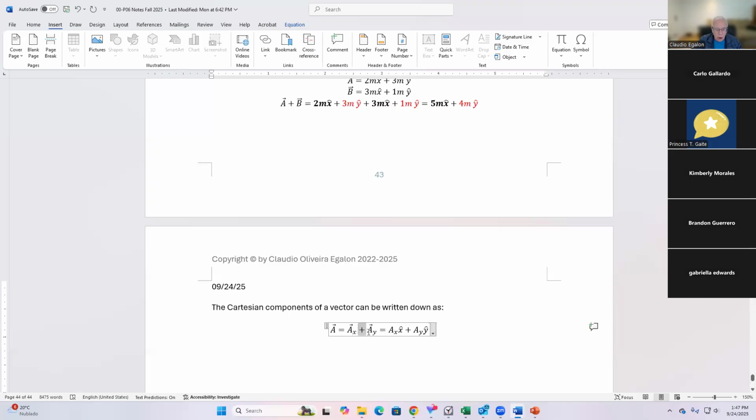But to be more generic, we can also put a z component right in here. Okay? And the magnitude of this vector is just given by